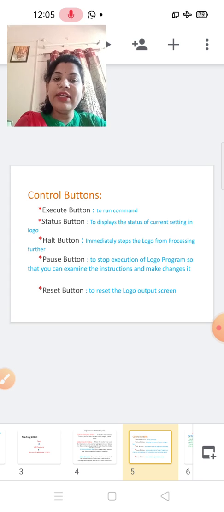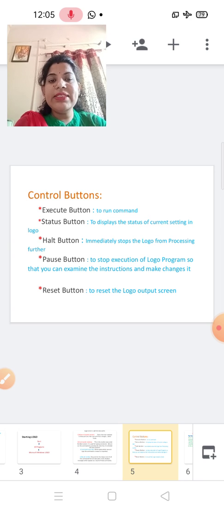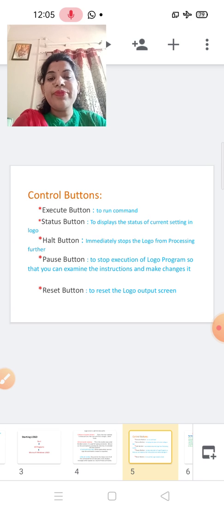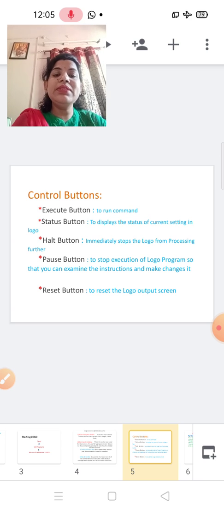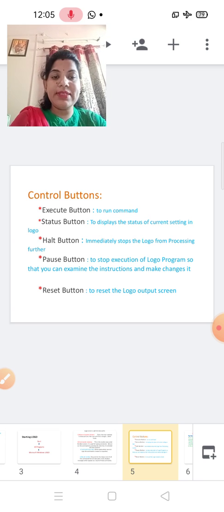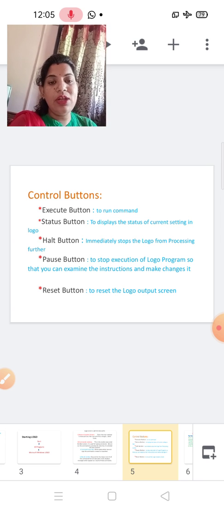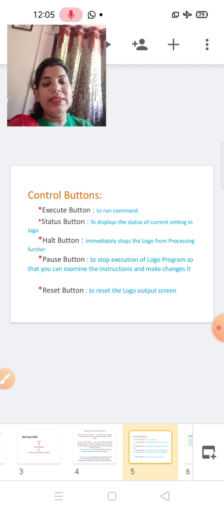Next is the halt button. It immediately stops Logo from processing further. Next is the pause button. It stops the execution of the Logo program so that you can examine the instructions and make changes to it. Next is the reset button, to reset the Logo output screen.